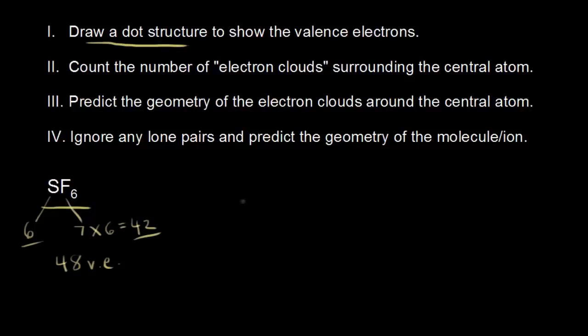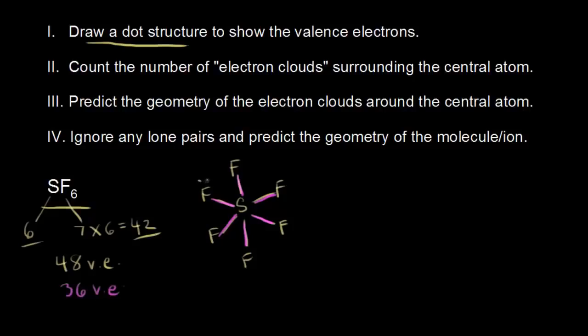Sulfur goes in the center, so we go ahead and put sulfur there, and we surround sulfur with 6 fluorines. So let me go ahead and put in those 6 fluorines surrounding our sulfur. Our next step is to see how many valence electrons we've shown so far. All right, so I go ahead and highlight those: 2, 4, 6, 8, 10, and 12. So 48 minus 12 gives me 36 valence electrons left over, which we put on our terminal atoms, which are